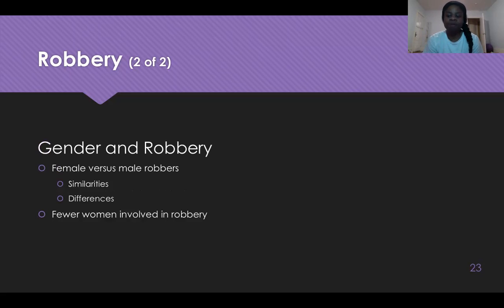Most female robbers share the same street culture with their male counterparts. So there are similarities there. A favorite ploy for female robbers is to appear sexually available. Why are so few women involved in robbery compared with the involvement in other crimes? That's something that we should think about. Our authors really focus on women. However, again, robbery and who becomes a robber does not discriminate.